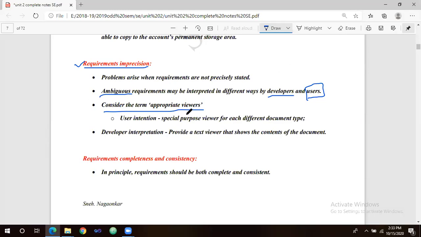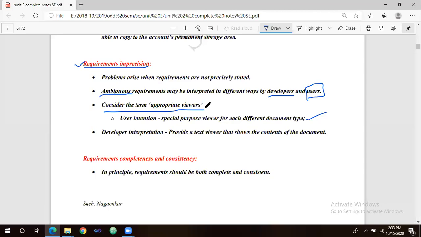So it means a special purpose viewer for each different document type. I am one user who wants to see the complete reference of Java. There may be another user who wants to see some book on PHP. So appropriate views should be generated for appropriate users.